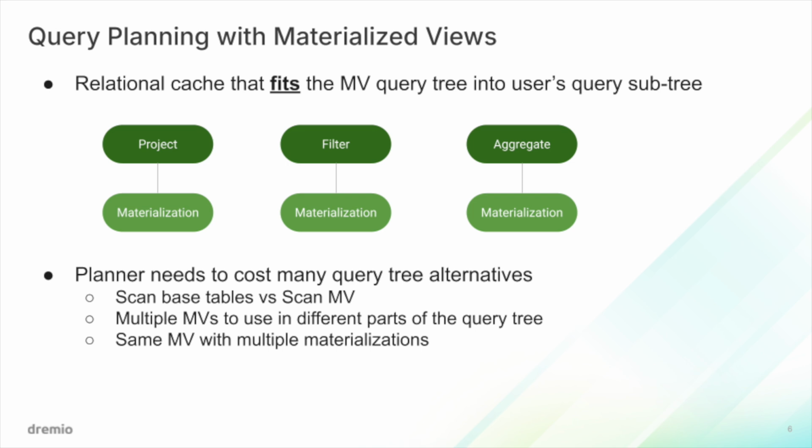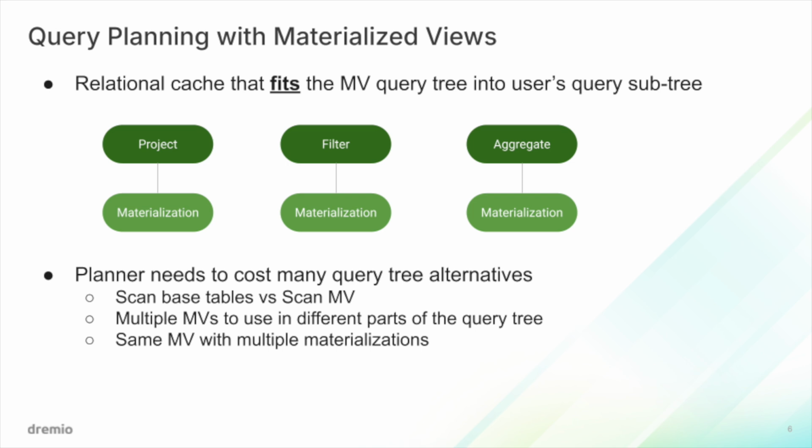If your materialization has more data than what the user query wants, you just add a filter on top. And if your materialization aggregates at a finer, lower granularity than what the user query wants, you just add an aggregate operation on top. Now you can put that thing into the query tree. So at the end of this whole logical planning pipeline,